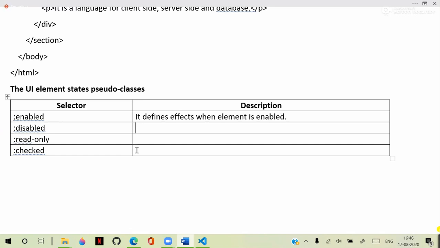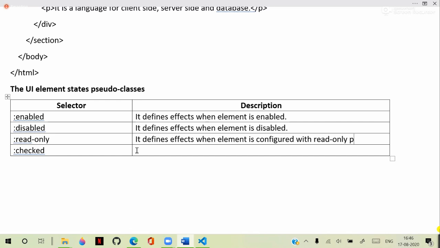Similarly, disabled defines effects when the element is disabled. And read only defines effects when the element is configured with the read only property. And checked defines